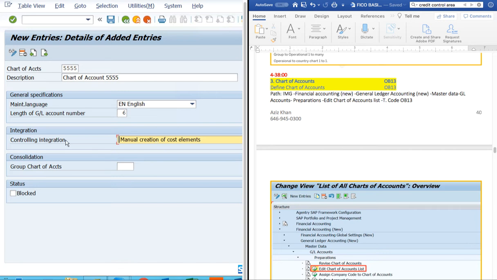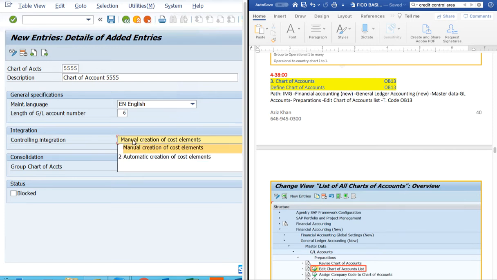This is a setting. If I choose manual creation, the system will not create any cost element on the controlling side, because you are indicating that you will manually create cost elements on the controlling side module. This has nothing to do with FI, it has to do with CO. So just enter manual creation. If you choose automatic creation,